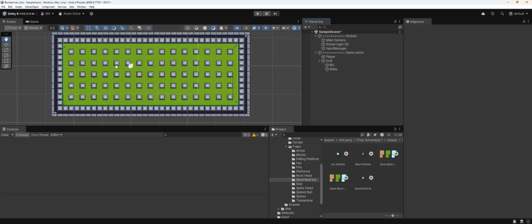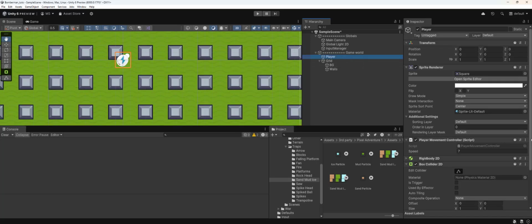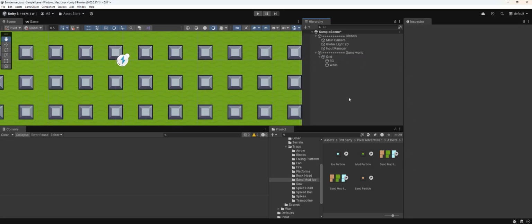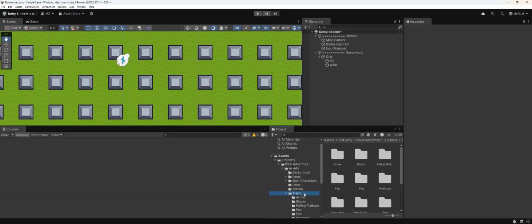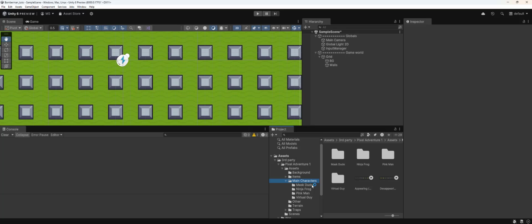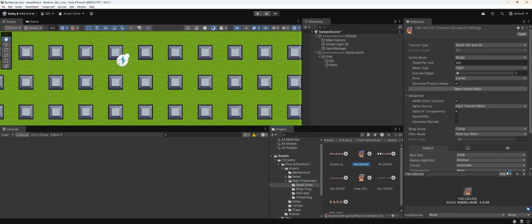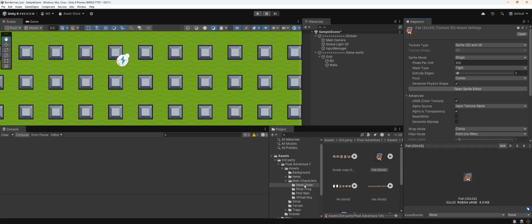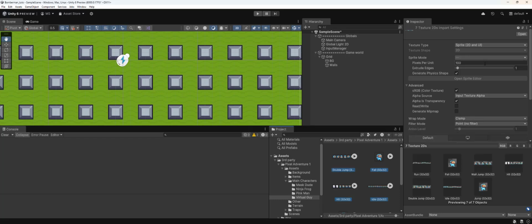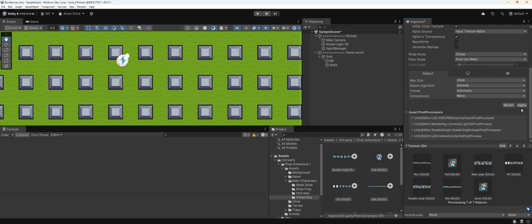Now next we're going to add our player, so we don't need this one anymore. Let's delete it. That was just for prototyping. And under my characters we have different ones, so you can see them down here. You can pick anyone you want. For me, I'm going with this one. Everything will be the same. Just make sure that you set the size per pixel here to 32, because that's the size of the player, as you can see in its size. Hit 32, hit apply,